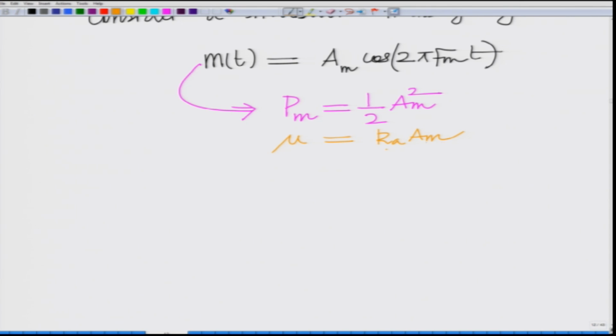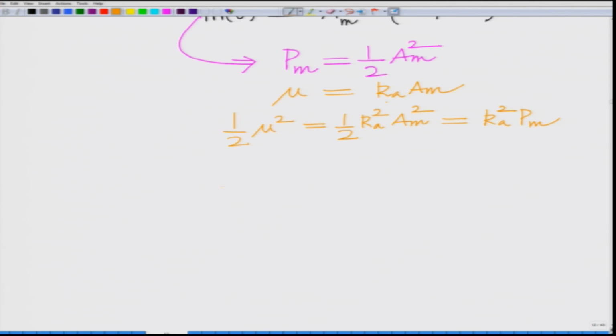And therefore, now we can also write half mu square equals half Ka square Am square, but half Am square equals Pm. So, this is equal to Ka square into Pm,